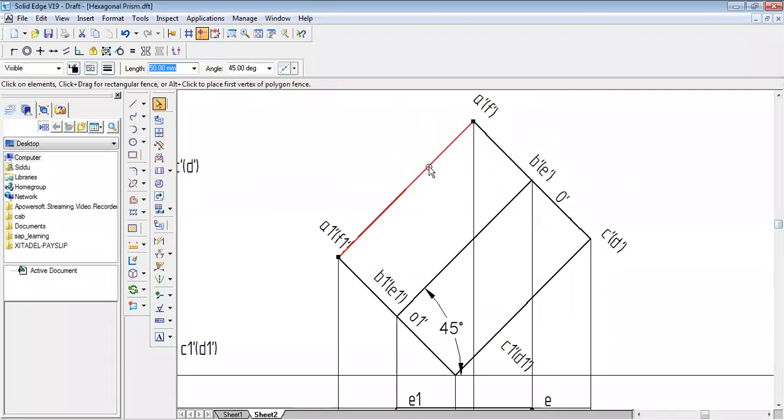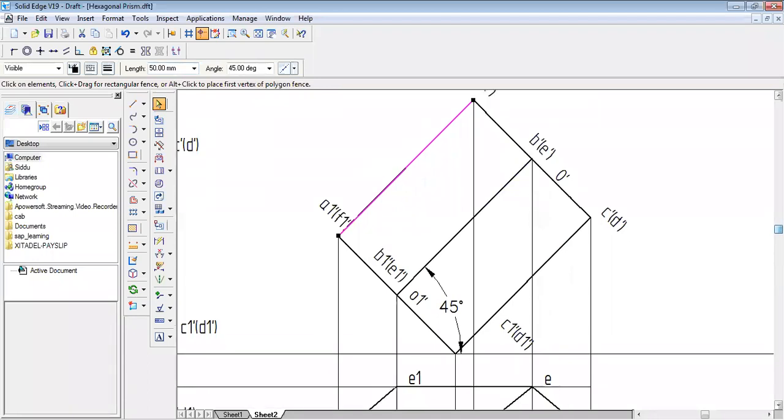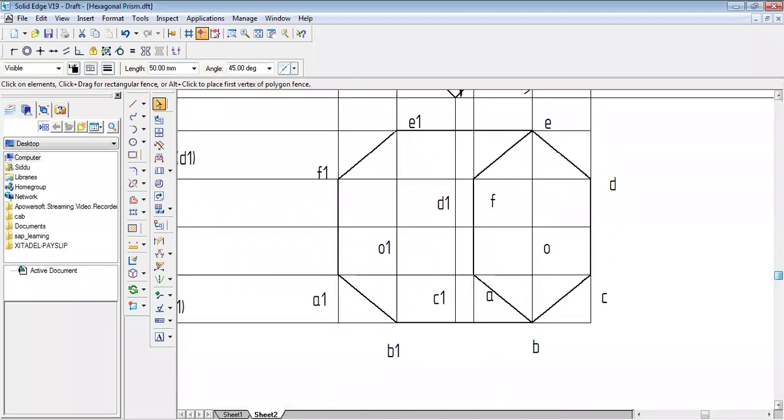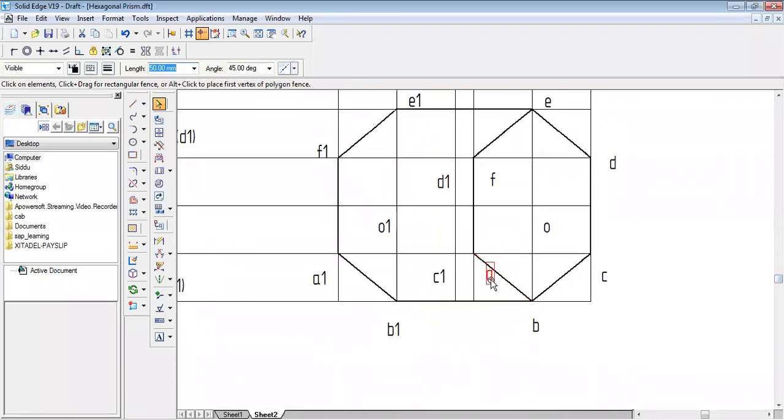This line I'm talking about can also be read as an edge. This can also be a surface. So where is my A dash, A1 dash? So this is my A to A1, right? Similarly F to F1. So while doing so, you please split this.